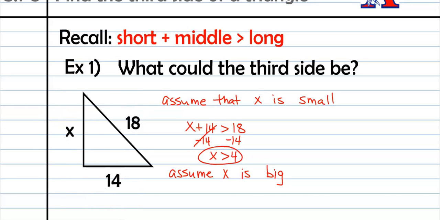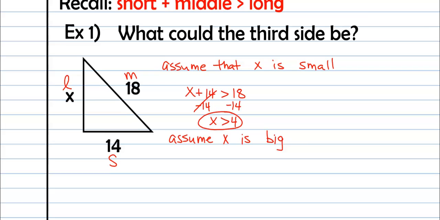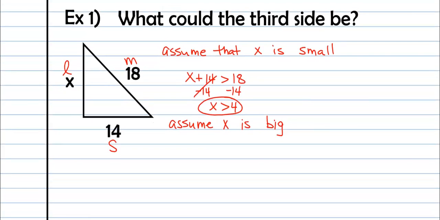But now we might have some big numbers that also work. So now we're going to assume that x is the largest side, so the longest side. Okay, that would tell us that 14 is the smallest and 18 is the medium. Okay, we're going to pretend that x is bigger than 18 in this case. We're going to follow the same process though. So we're going to say small plus medium, so 14 plus 18 is bigger than x. Okay, 14 plus 18, we can just add those together. That's going to give us, what, 32